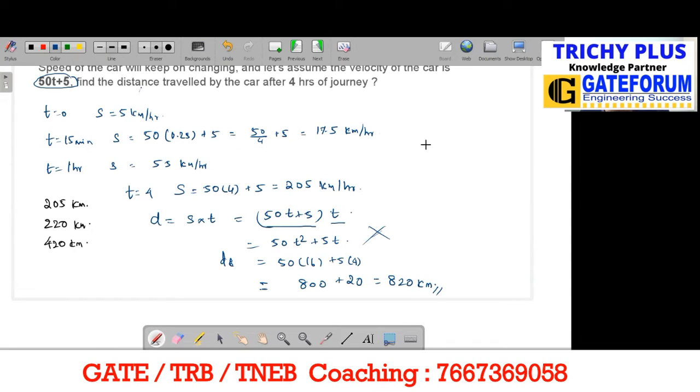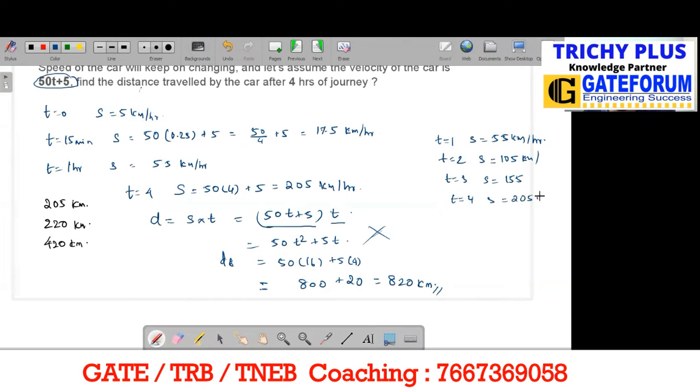What people will do, they will think that at t equal to 1, the speed of the car is 55 kilometer per hour. At 2, they will be thinking the speed of the car is 105 kilometer per hour, right? At t equal to 3, they will be thinking the speed is equal to 155, and at t equal to 4, the speed is